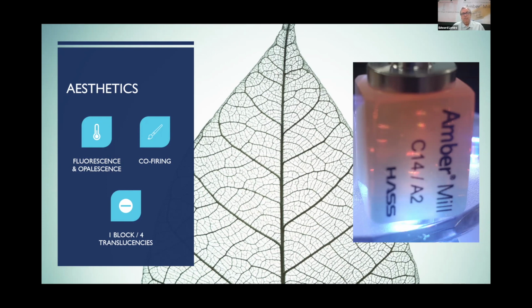And the fact that we have one block and 4 translucencies, you can choose. And with the 4 translucencies, you can refire and change the translucency should you need to do that. So you don't have to remill another block. And we find that really useful,